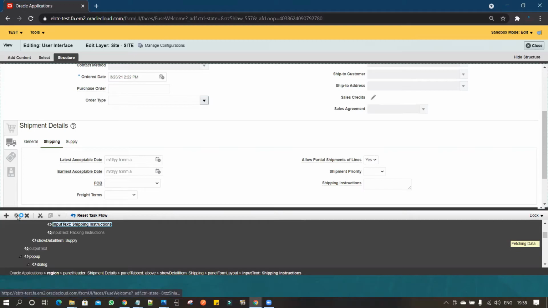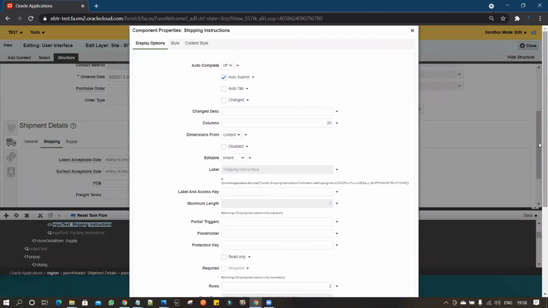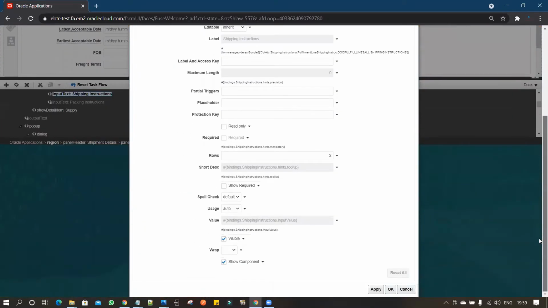Let me go back to the properties and scroll down and we'll validate our expression. We'll click on visual and validate, because we have not saved it, so it got removed.